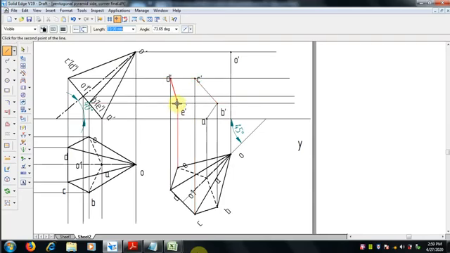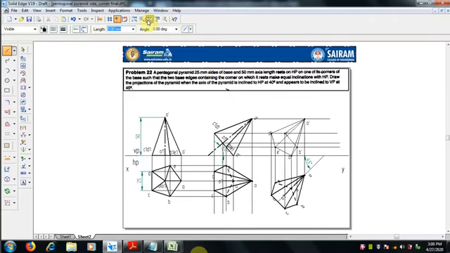The pentagonal pyramid, it's a pentagonal pyramid. So first we make the ABCD the base, and the edges should join with the apex. So A O dash, B dash O dash, C dash O dash, all slant edges we can join with thin lines now. Later we can make it which is visible, which is invisible. Okay, once it is done, this is the front view.